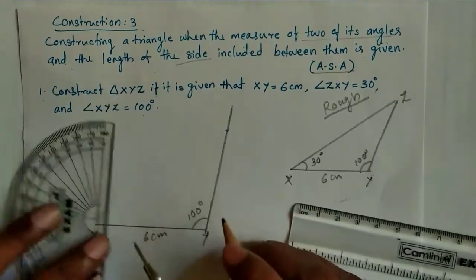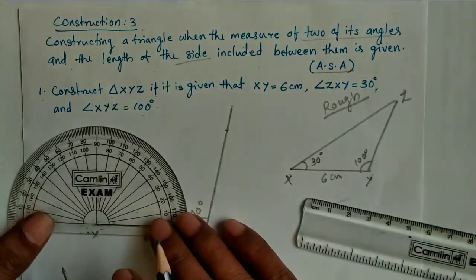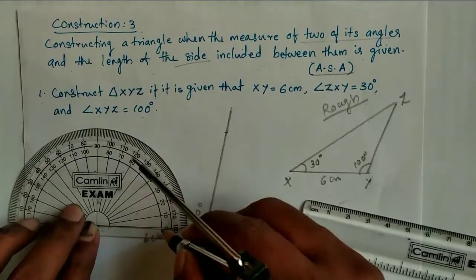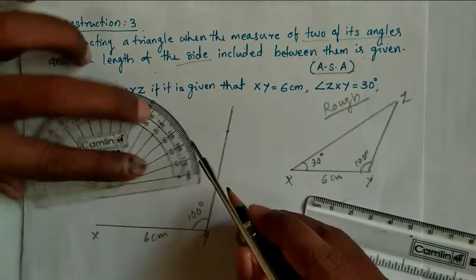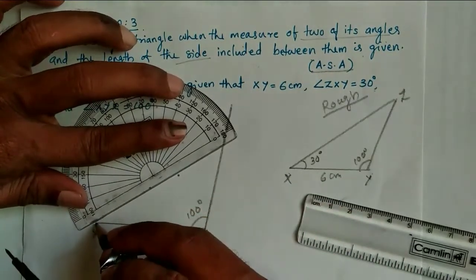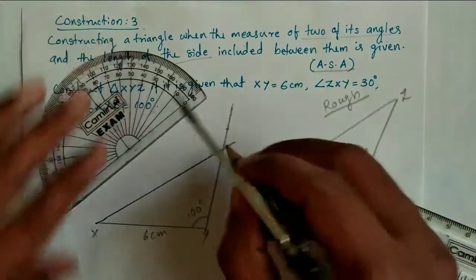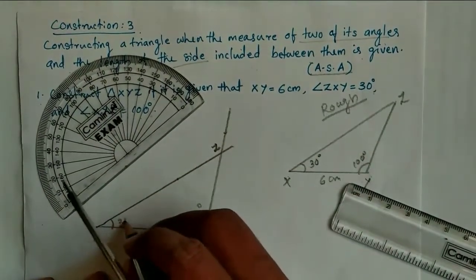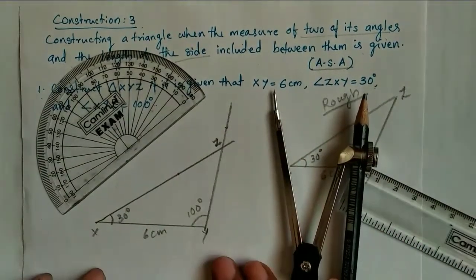The same procedure can start with the X angle, that is 30 degrees, from right to left. Measure right to left, that is 30 degrees. Then draw a line to that point and intersect the previous line. Extend that line. So you have an intersection point, that is Z. So 30 degrees is the measurement. So this is the required triangle.